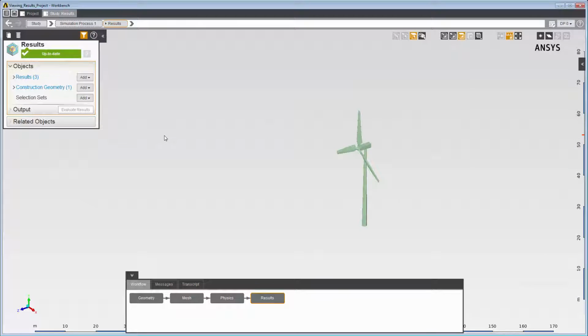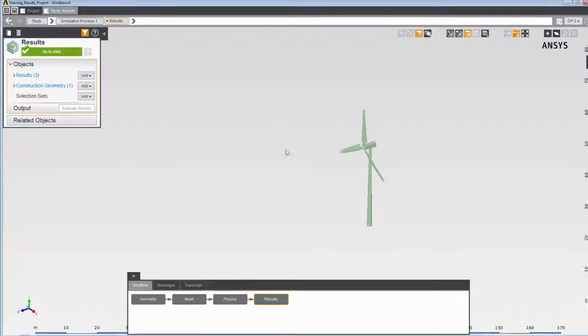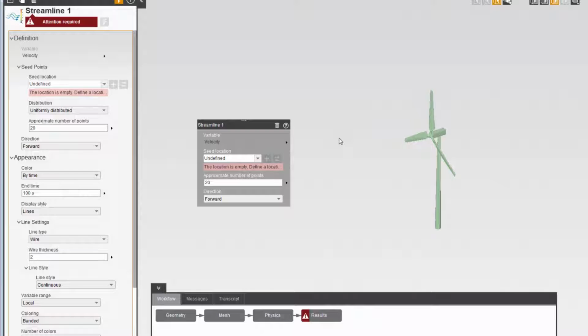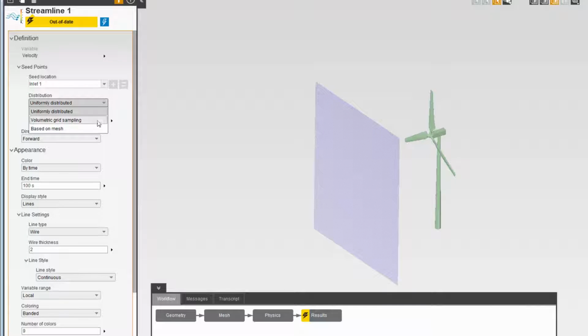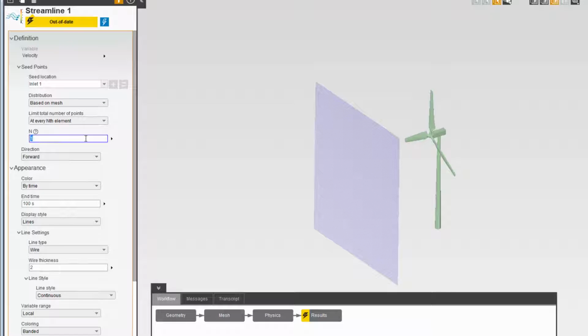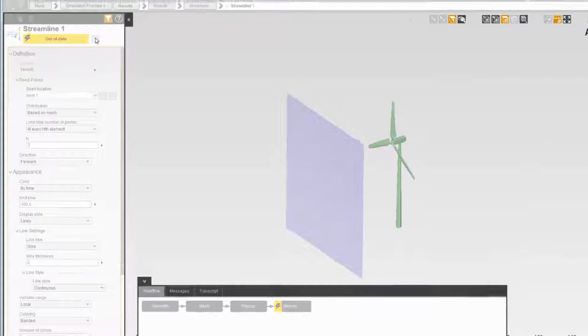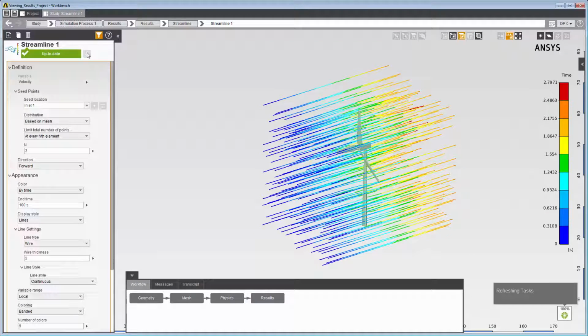Now I'll create streamlines to visualize the flow of air around the wind turbine. I'll right-click in the graphics viewer and select Streamlines. In the property panel, I'll enter 50 for approximate number of points. I'll select Inlet 1 from the drop-down menu for seed location. In the task page, I'll select Based on Mesh under Symbol Distribution and enter 3 for At Every Nth Item. When I update the task page, I can see the streamlines around the wind turbine starting from every 3rd element